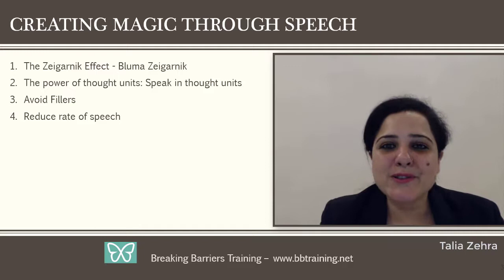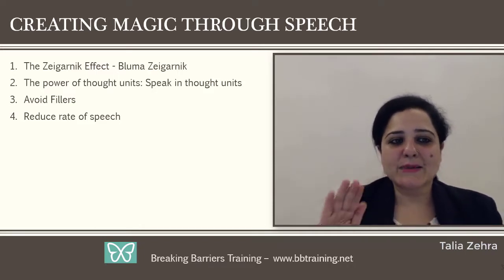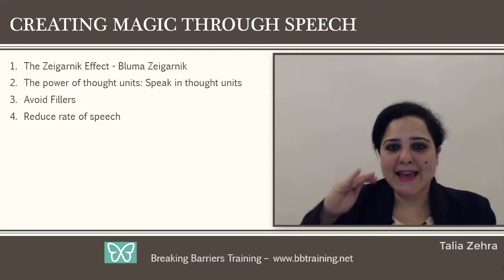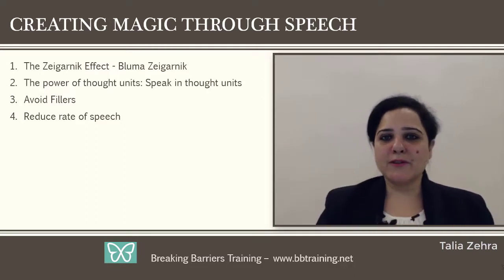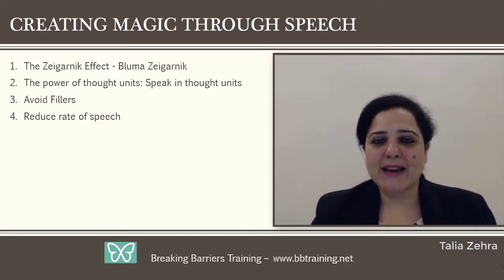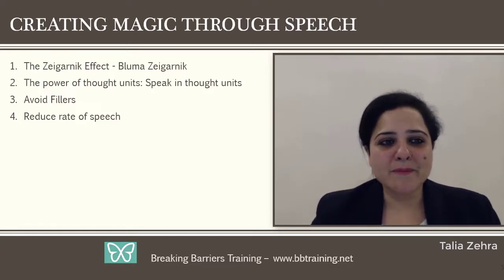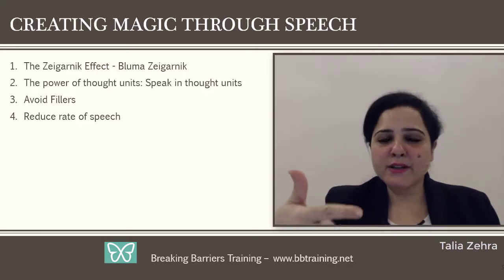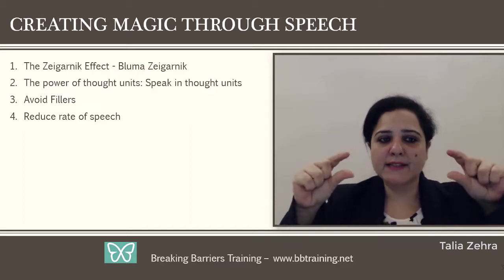Now, what did you just notice? I spoke slow. I spoke in thought units. Hence, zero fillers, and the rate of speech is also great. So this is exactly the way you can add magic through your speech. Very simple tip. Use the Zeigarnik Effect. Speak slow. Add thought units. Thought unit means create very small sentences, and after each sentence,